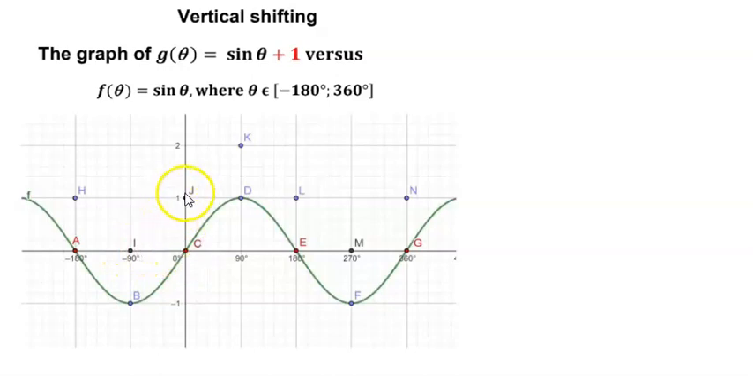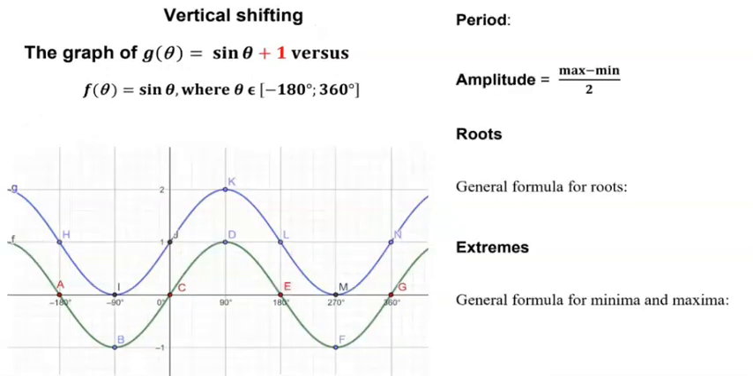0 plus 1 gives me 1. 1 plus 1 gives me 2. 0 plus 1 gives me 1. Minus 1 plus 1 gives me 0. And 0 plus 1 gives me 1. So now I've made all the dots, and now I just have to join those dots to get a new graph. If we now join the points, we get the new blue graph here,